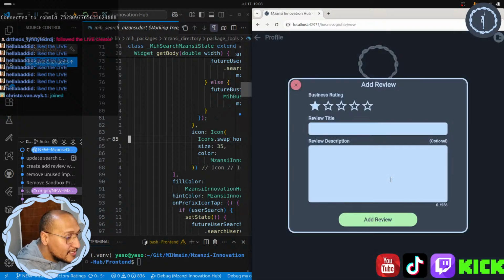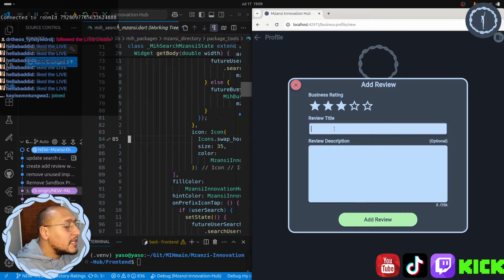So now if we click on this, we have our new rating screen. It's add rating, the business's rating, so you can click on it to select the stars that you want. Let me know if you like the color. It's just the standard blue, but if you want like a yellow color, we can add that in. That's just a toggle that we can do. Then you can add your title.